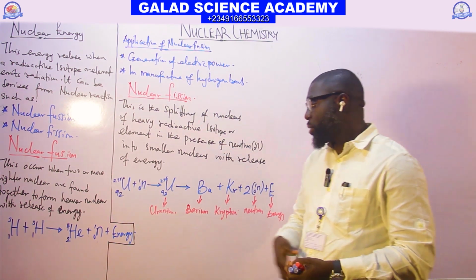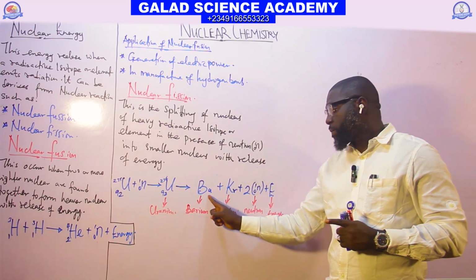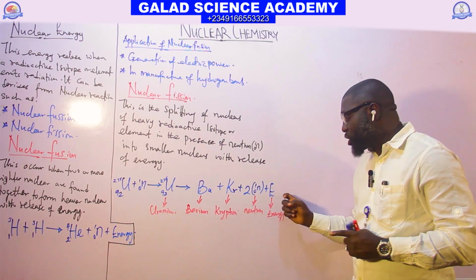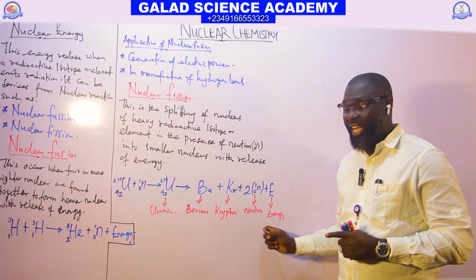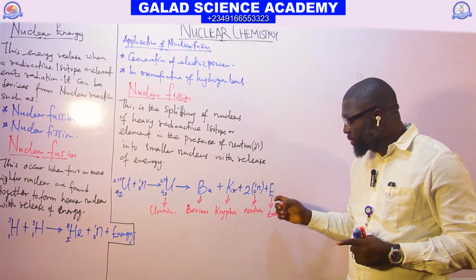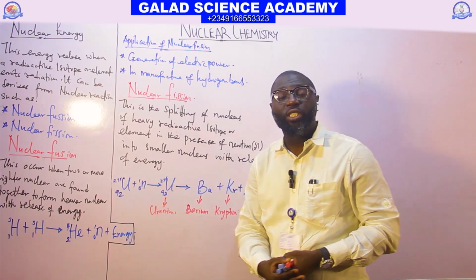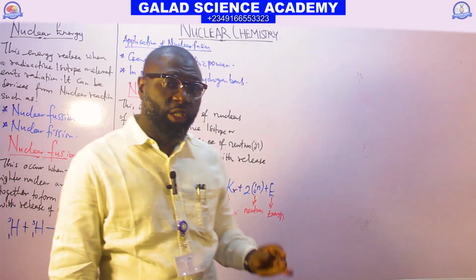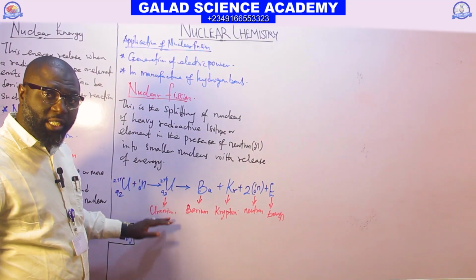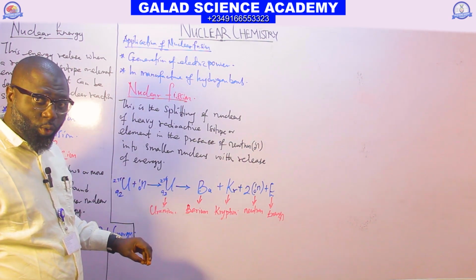We can see that a single uranium element is split into krypton and barium with release of energy. The energy released here is called nuclear energy. So when we bombard uranium with neutron, and uranium is an unstable radioactive isotope,